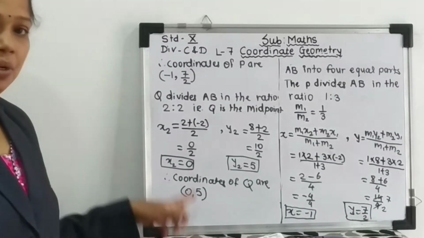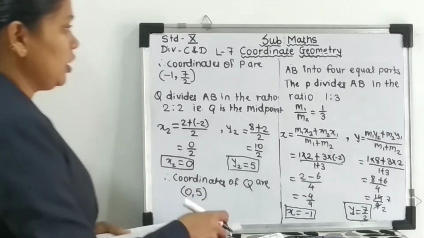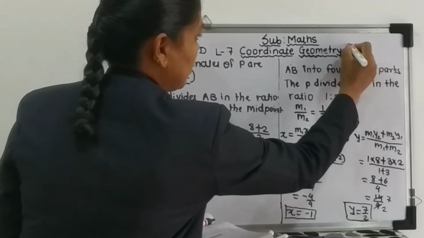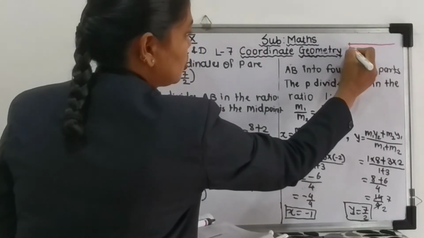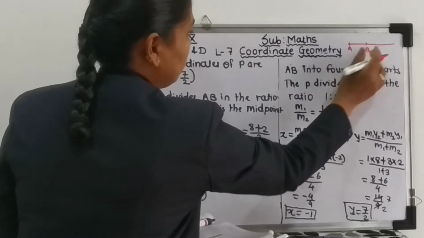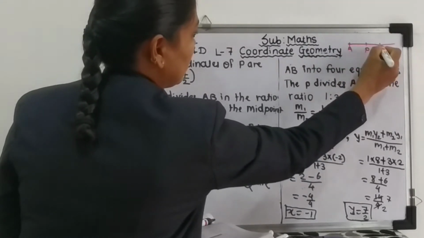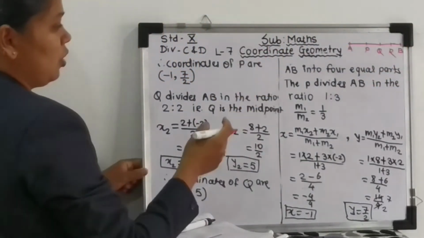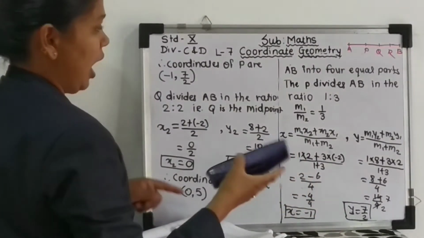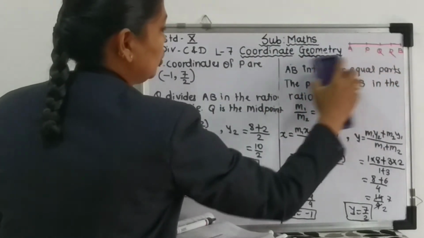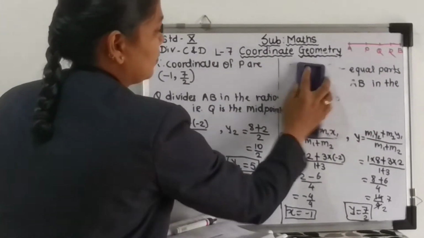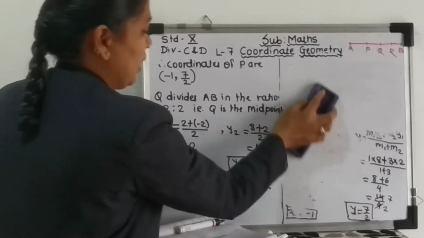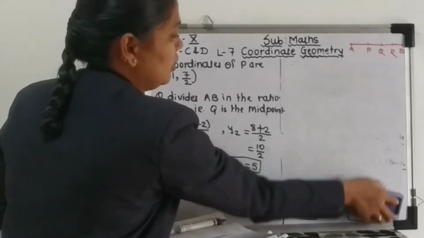Now we will find out the R coordinate. When we find out the R coordinate, at that time I will draw here roughly that figure which we have drawn in the beginning. So here P, Q, R and here we had B. Now that point, R point will divide AB in the ratio what? Yes, in 3:1 part, right? So we will write here